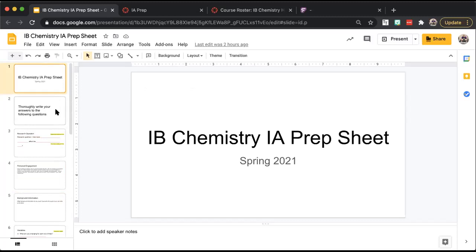Or if you don't need to change anything, then you can start working on the first part, which is the background research and expanding your research, because then next week are the days that, if I've approved your prep and your background research and I've said you're good to go, next week on